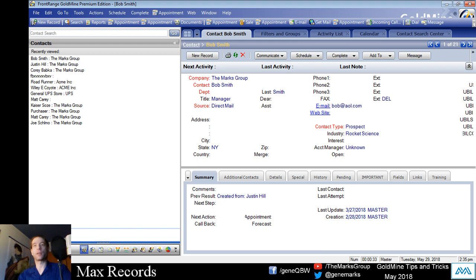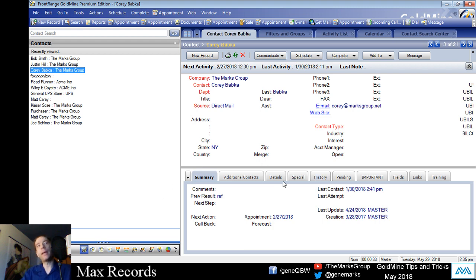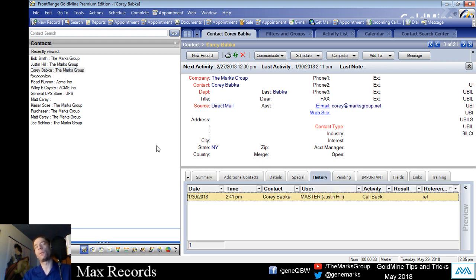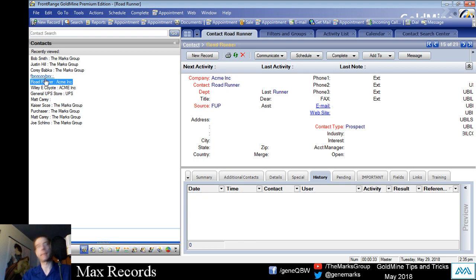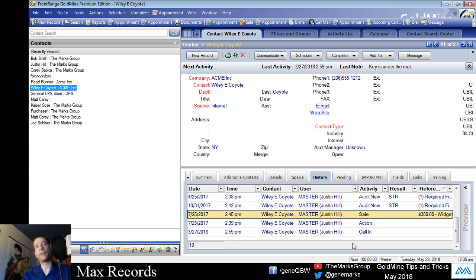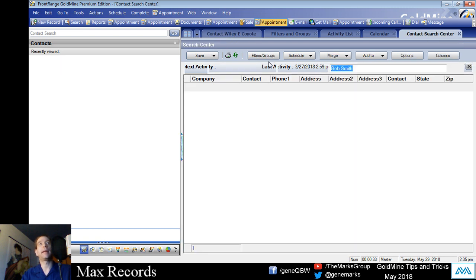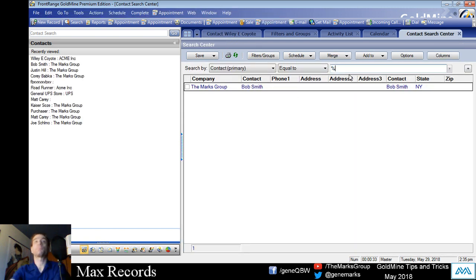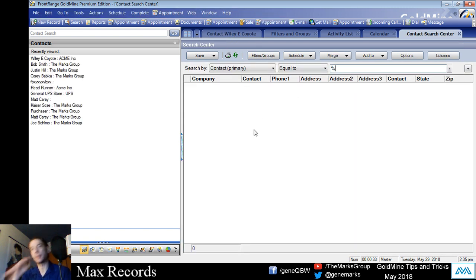Max records. Okay, what do I mean when I talk about max records? Okay, here's the deal. When you're working with GoldMine, it's a bit unique in the world of applications because it's a database application. What I'm trying to get at is that when you look at a list of things in GoldMine, whether that be a list of history or a list of contacts, anytime you see a list in GoldMine,